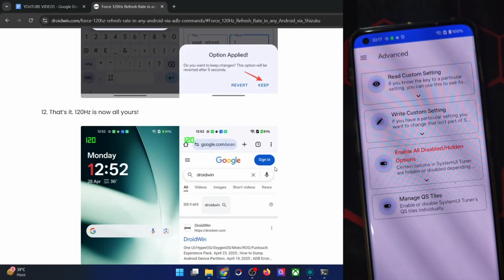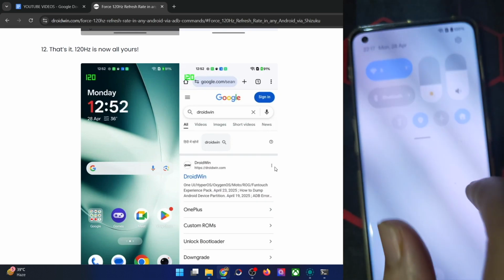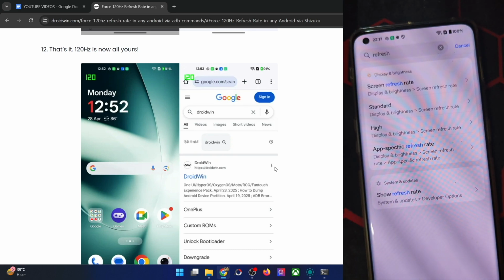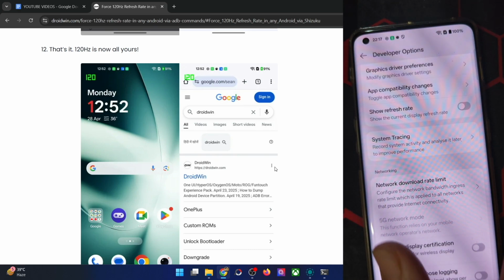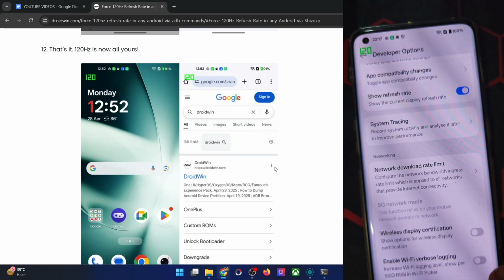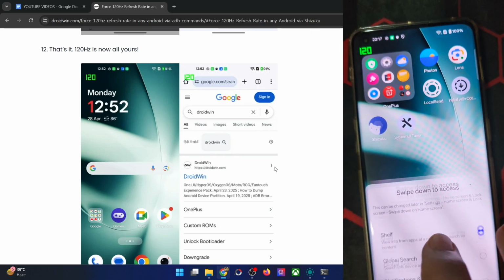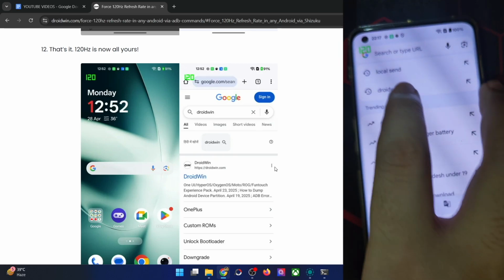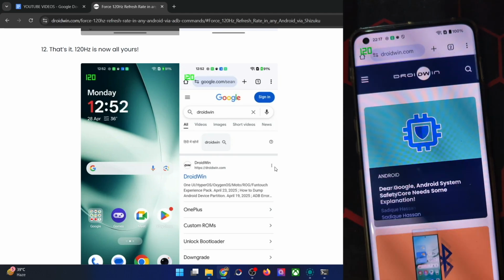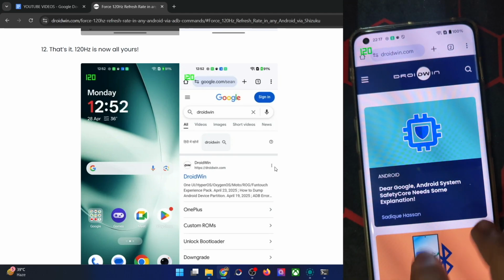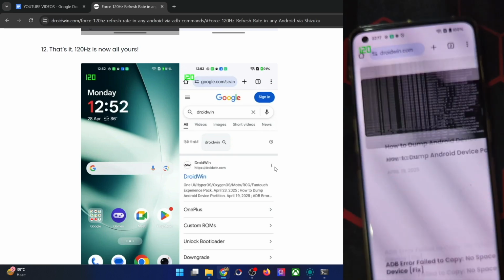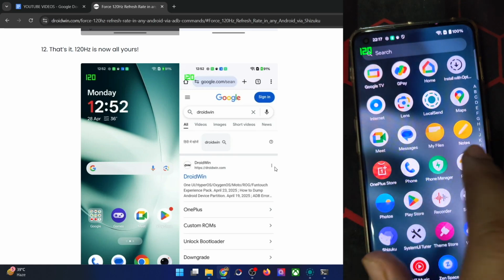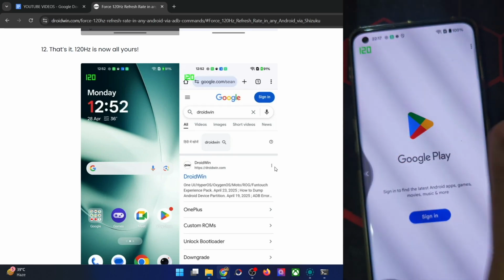So once everything is done, let's now verify whether we have got the 120 Hz or not. So go to the settings menu, search for refresh rate, and in the developer options you will get the option of show refresh rate. Go there, enable this toggle, and you could see we have now got 120 Hz across each and every section of the phone. Even if you launch any app, if you go to the Google Chrome, and let's say we are simply browsing any website, then also you will always get 120 Hz, as you could see over here. So this 120 Hz will remain throughout any browsing, whether you are using YouTube or opening Play Store or doing anything whatsoever. This 120 Hz will stay there forever.